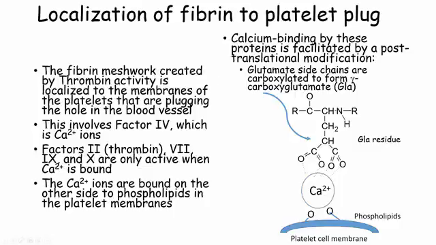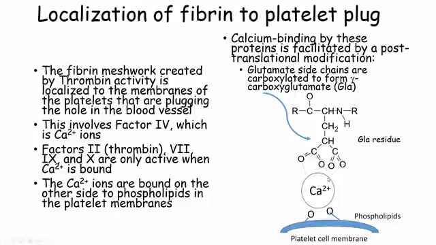And this is accomplished through requiring a number of the clotting factors, specifically 2, 7, 9, and 10, or thrombin. This is the activation protein, the top of the extrinsic arm. Factors 9 and 10, you remember, the bottom of the two arms. And these are only active when calcium is bound. Calcium, which was at one time called factor 4 because we didn't know what it was, eventually figured out to be calcium ions,